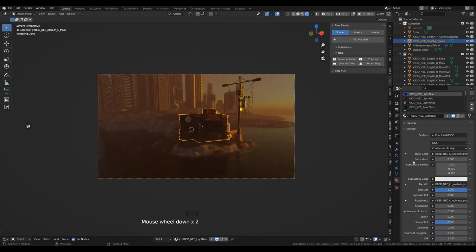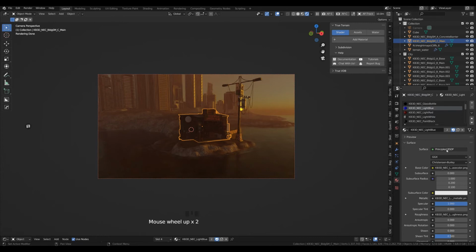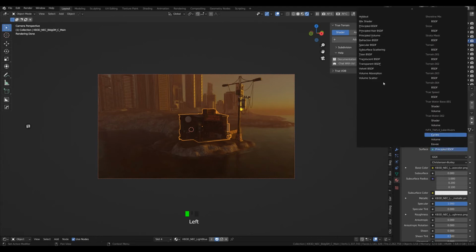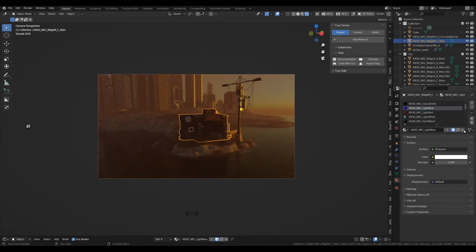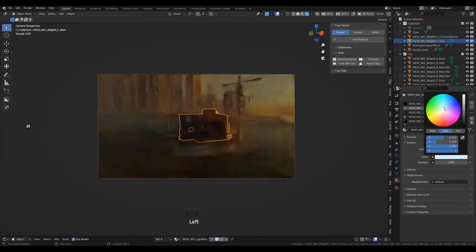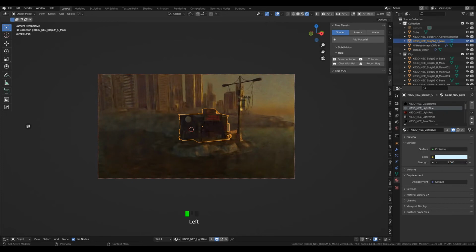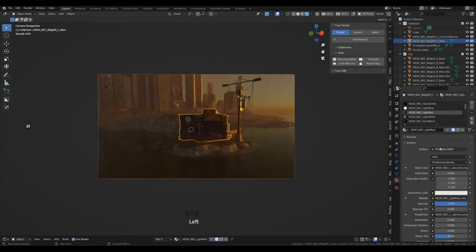So what we're going to do is override that by changing it to an emission shader. There we are. And that is the light blue. So let's pick light blue and put this to something like 100. Okay, we don't see a lot of changes. Let's do the same thing here